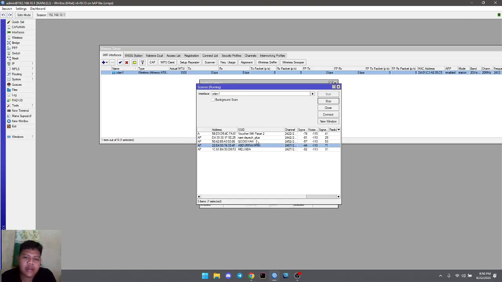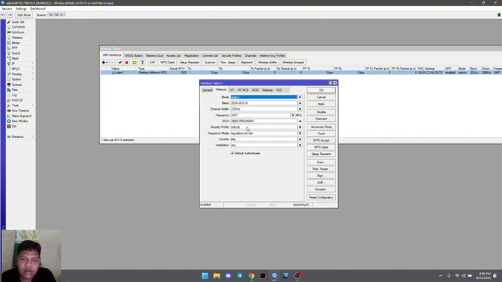Now, this is my hotspot, Abdurrahman, and I connect with security profile Abdurrahman, then apply. And then we wait for a minute for the running. This is running. Running means we are connected to the hotspot or the Wi-Fi.